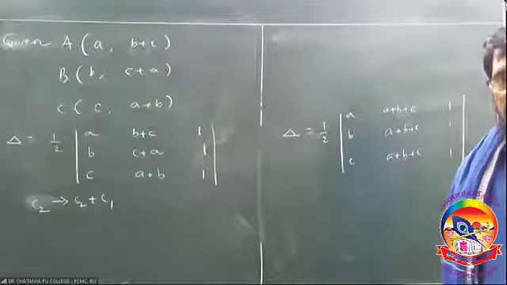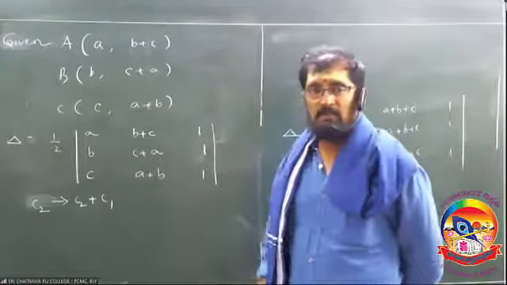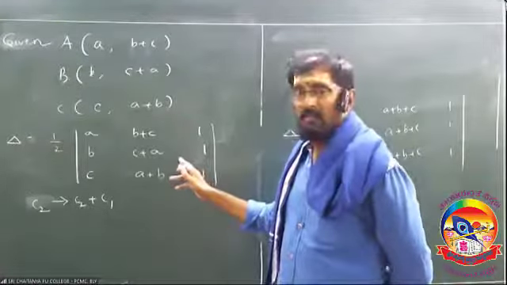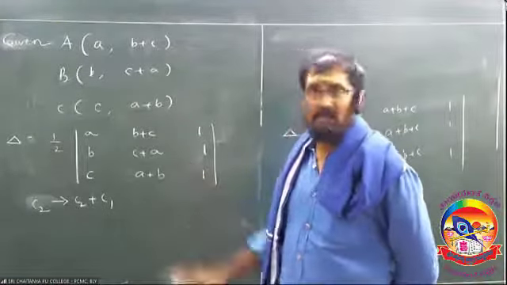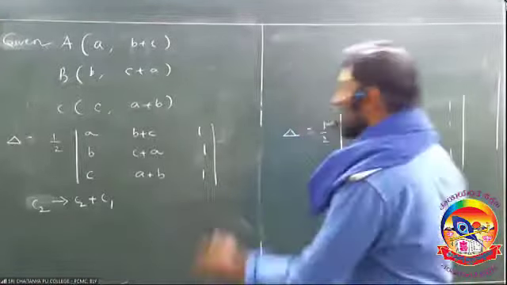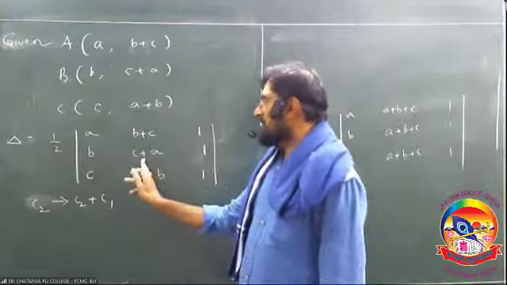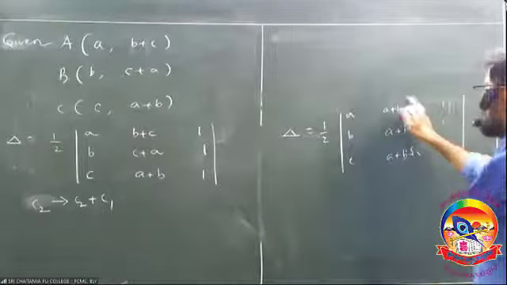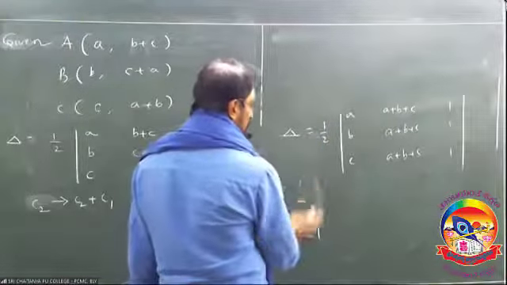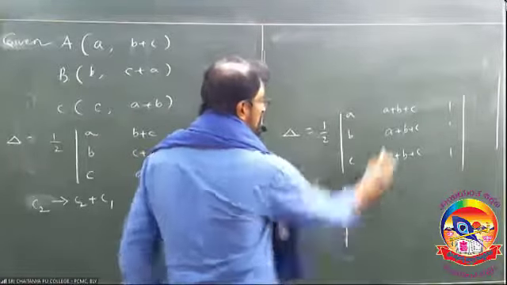I hope you understood this. I am going to repeat this step. There is no government order to do only this step. What I feel is, if you open the determinant, it becomes lengthy. That's why I am using this row or column operation to make it simple. Now, C2 changes to C2 plus C1, so A plus B plus C, A plus B plus C, A plus B plus C. You just take this element outside. Delta is equal to A plus B plus C by 2. I took this one outside.